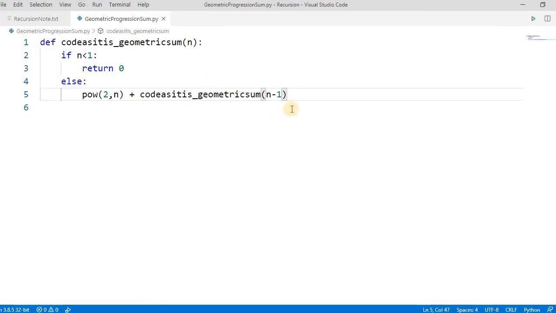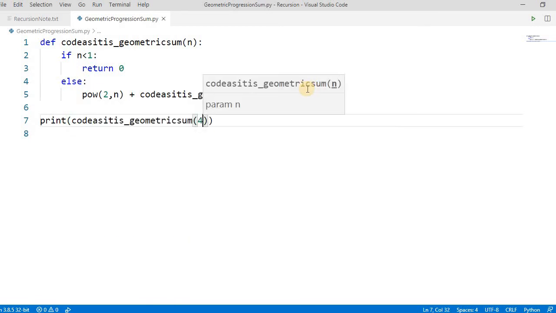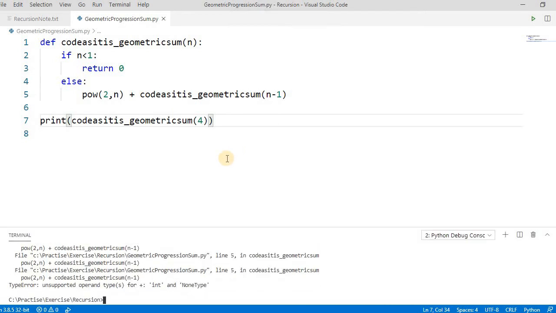Okay, so if we write it the same way, let's run this and try to understand. So print code as t geometric, let's say 4. Let's run this. Okay, it's giving some error.